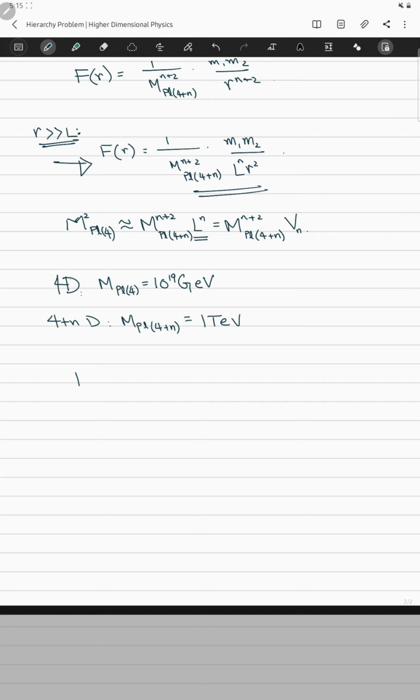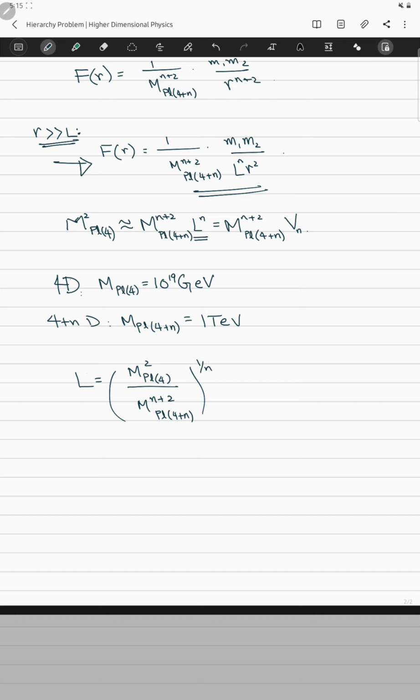So you would have L is equal to MPL of 4 over MPL 4 plus n plus 2, and we have to simply take the nth root of this thing. The reason is that this is L raised to power n, and to get rid of that you just take the nth root